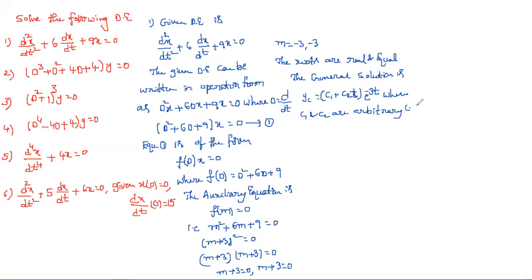And how can you say whether this is a general solution or not? Here, how many arbitrary constants? Two arbitrary constants. And these must be equal to the order of the given differential equation. The order of the given differential equation is 2, and the arbitrary constants must be 2. Then only we say it is the general solution. So the number of arbitrary constants must be equal to the order of the differential equation. Don't forget, if the equation is second degree you should get 2 roots. If it is third degree you need to get 3 roots.